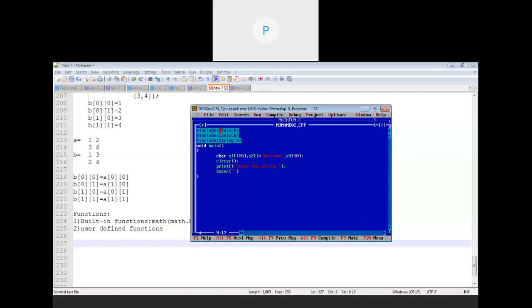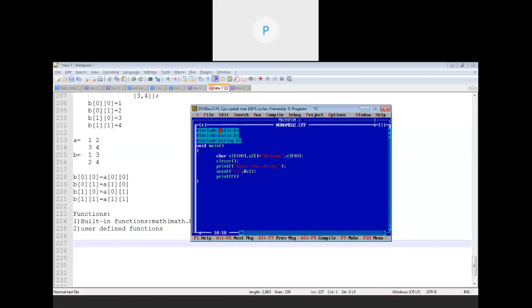So %s, comma, ampersand, say s1. Now, in the case of a single dimensional array, you need to accept the array data with the help of a loop. But here I have simply used scanf %s comma ampersand s1. It's just because we are accepting a string value, and that's why there is no need to use any loop over here.